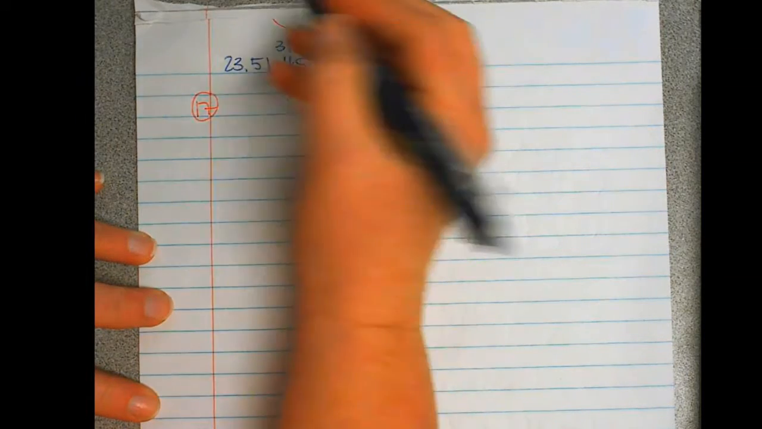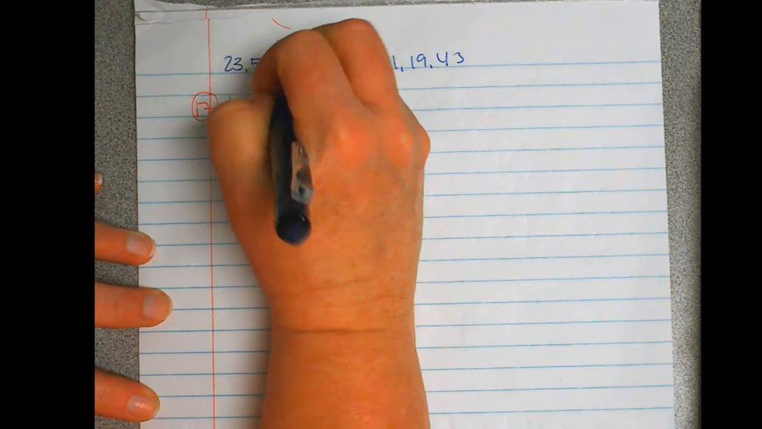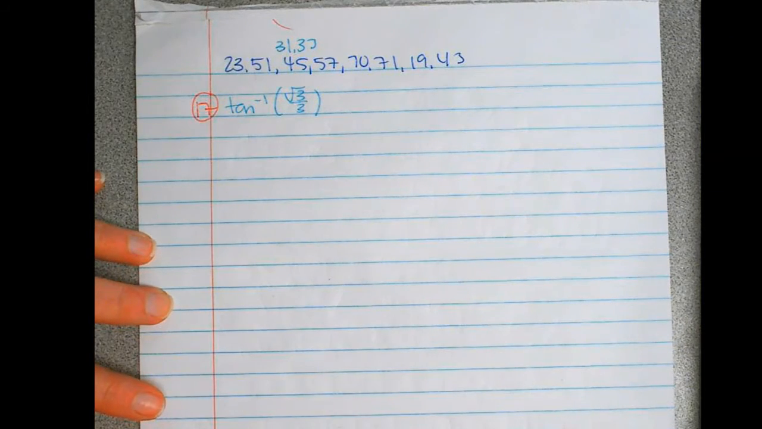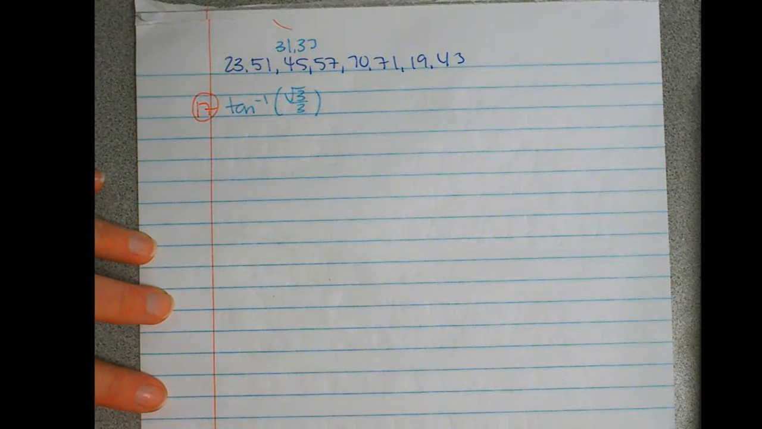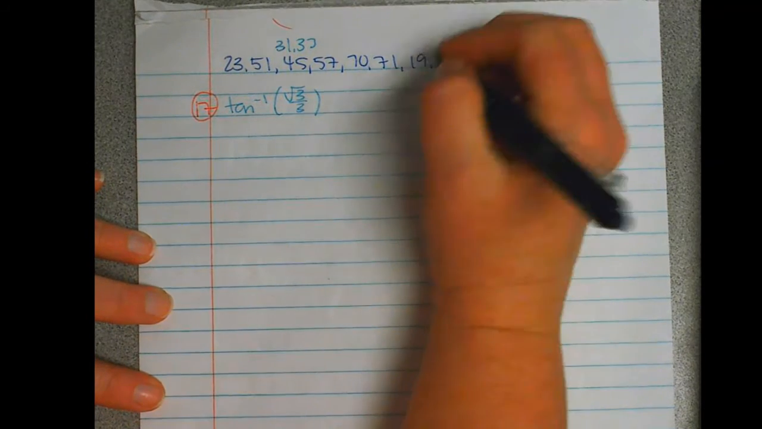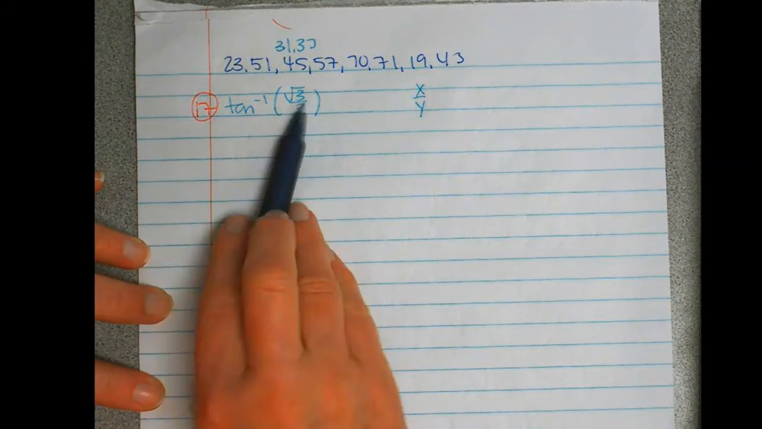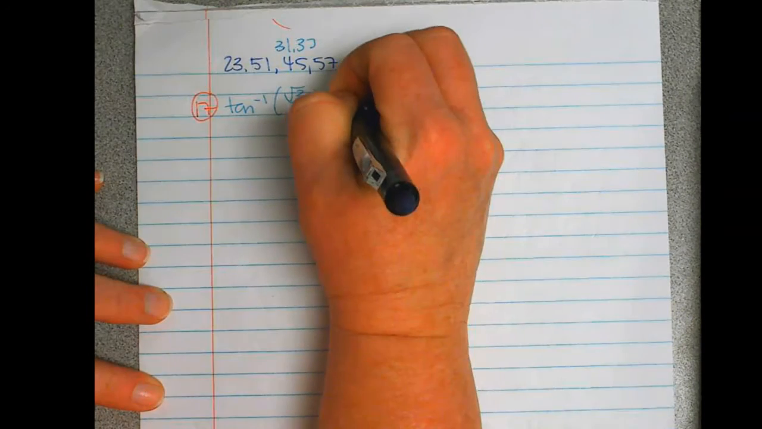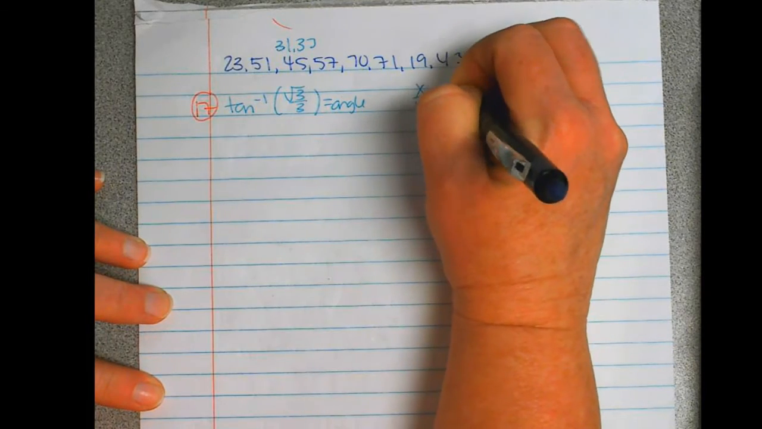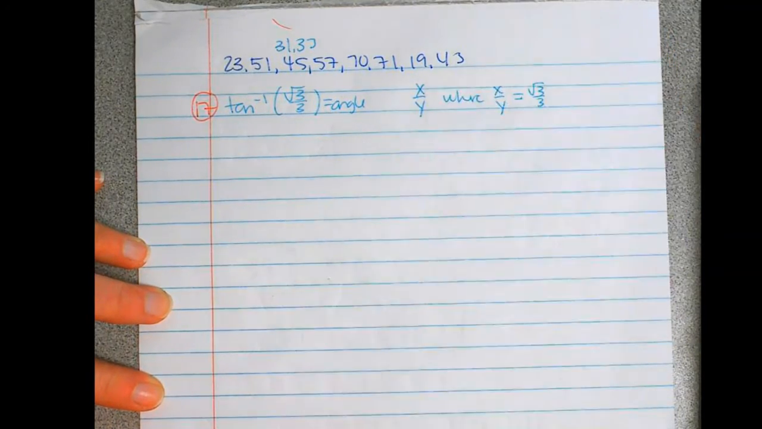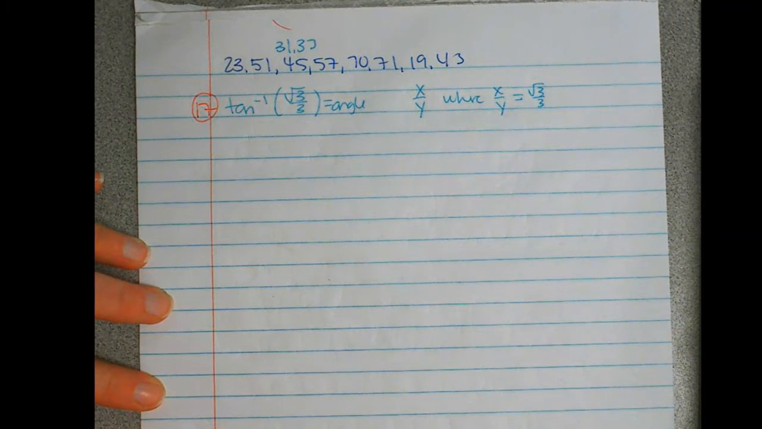17 says tangent inverse of the square root of 3 over 3. So what are we doing with tangent inverse? What are we looking for? X over y. Yes, we're looking for x over y, but we're saying this is looking for the angle where x over y equals the square root of 3 over 3. And without a calculator, that means it has to be something we know in the unit circle, which the only